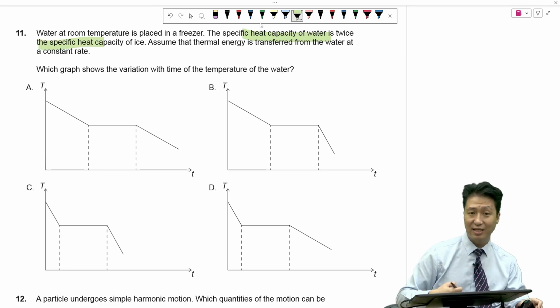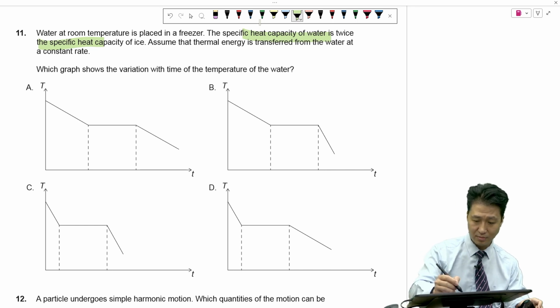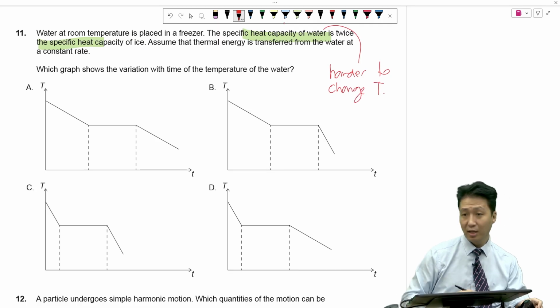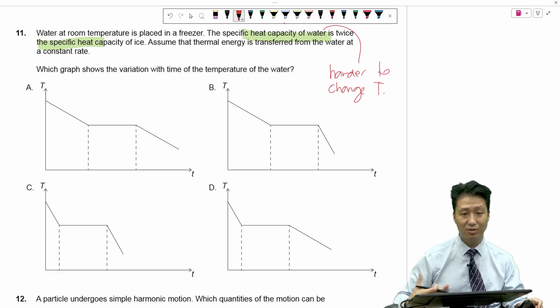So let's translate this. It's harder to change the temperature of the water. Which also means you need to either remove more heat or give it more heat in order to have the